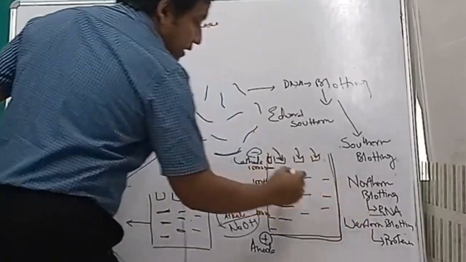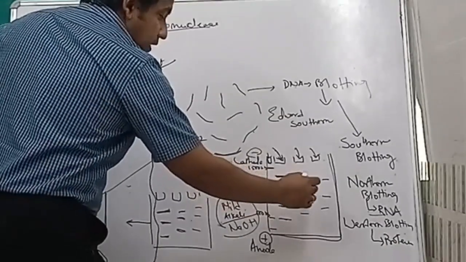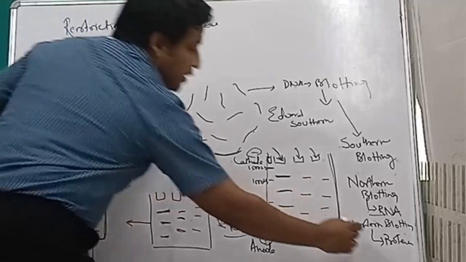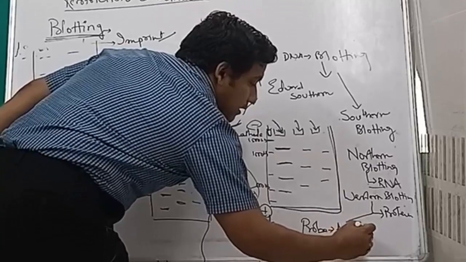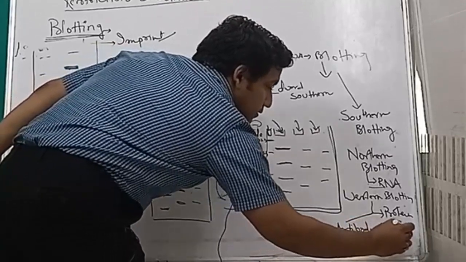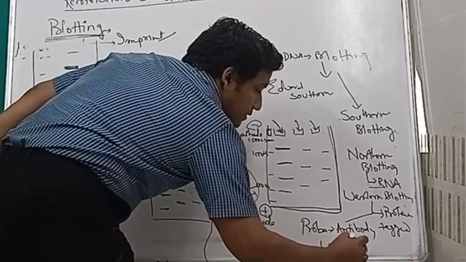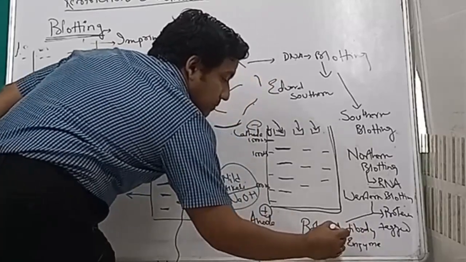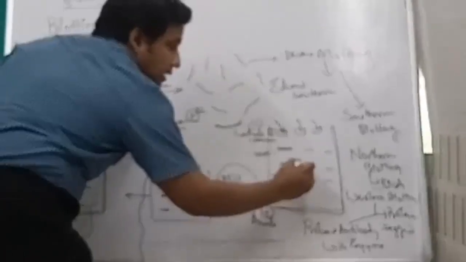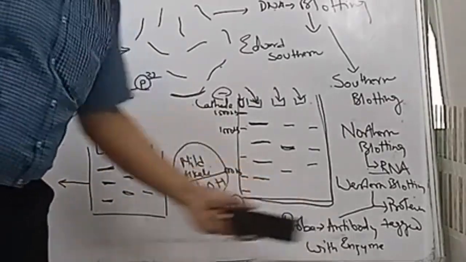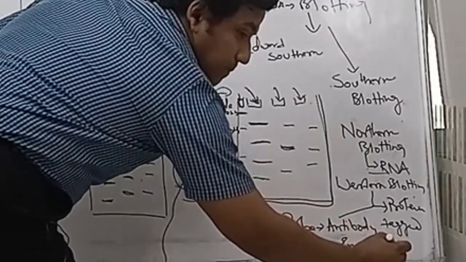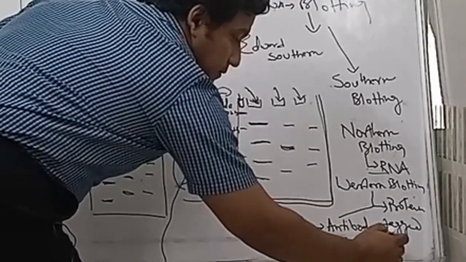Now for protein, similarly we separate the proteins. And here for Western blotting, the probe which we use is an antibody tagged with an enzyme. Antibody means the antibody against the protein of interest. This antibody will bind, and then it will give us the color or the fluorescence depending upon the enzyme which we use and what is the purpose of that enzyme. This enzyme, if it is,